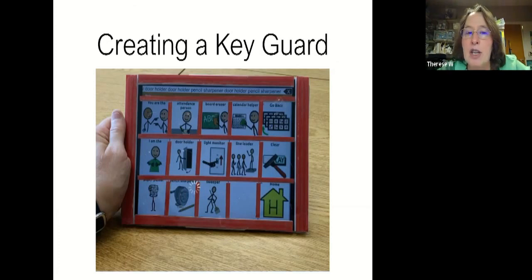Creating key guards. So the challenge is that all these apps have different holes and different formats, and it can be really expensive getting key guards for all the different apps. And I discovered transparency film, and